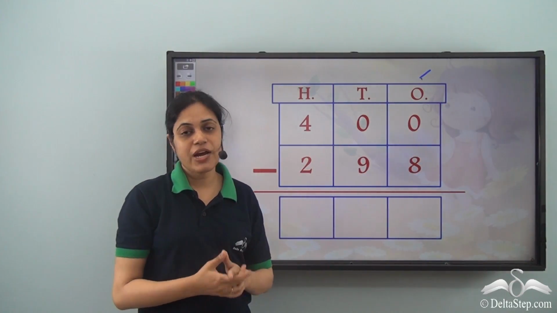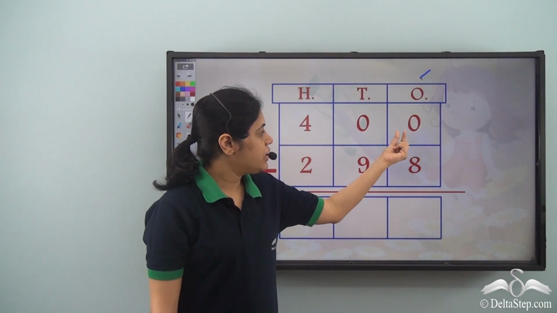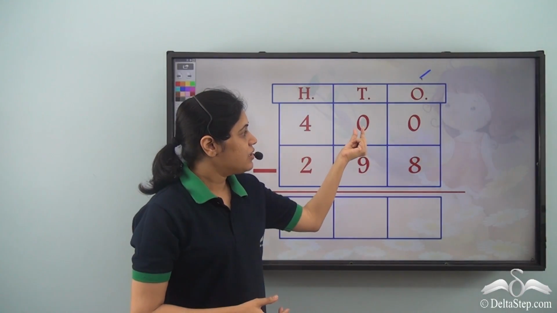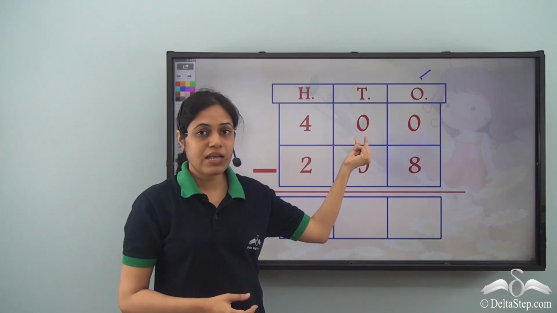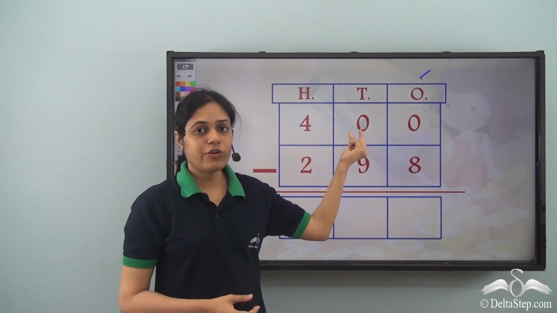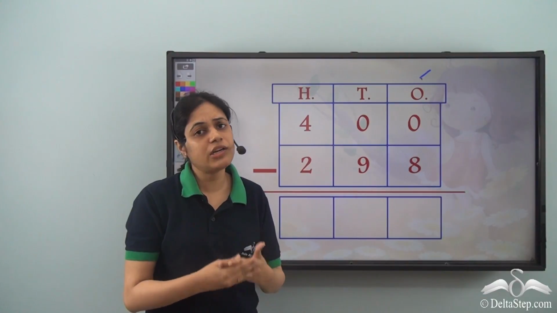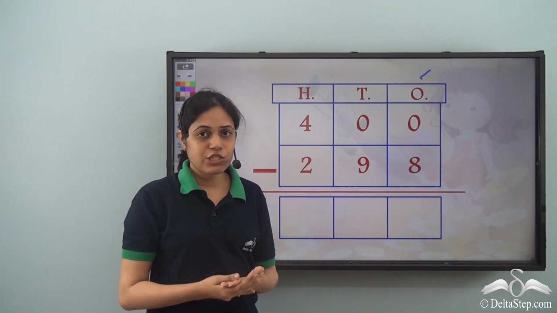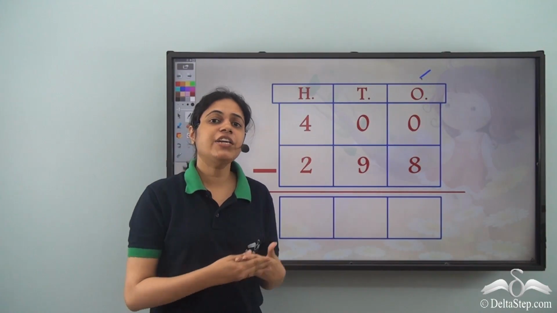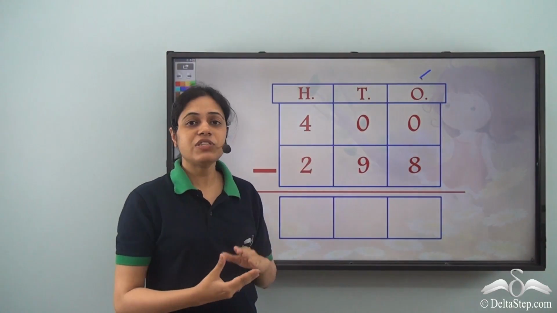Now I cannot subtract 8 from 0. So what will happen? This 0 needs to borrow 1 from this, but even this is 0. This number is also 0. So it has nothing to give because 0 means nothing. And when you have 0 of something, you cannot give it to me. So if I ask you for something and if you don't have that, what will you do? You will try to ask it from another friend of yours maybe. So is the case with 0.